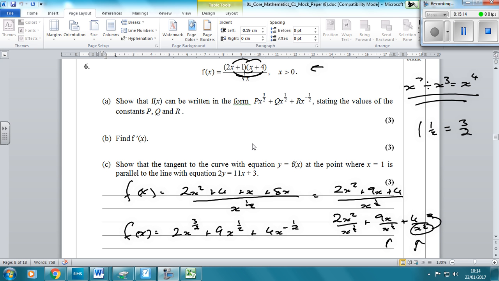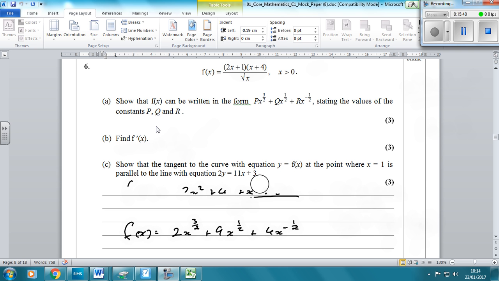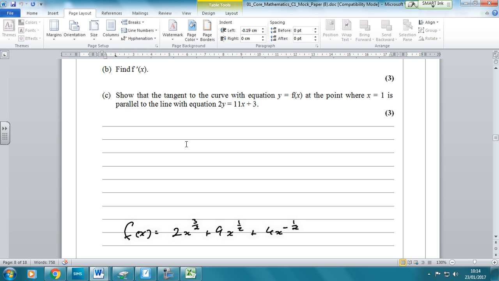The next thing we've got to do is find f dashed of x. Now what this means, this is where we differentiate it. So just like dy by dx, they mean the same thing. So if this was written as y equals, they'll ask you to find dy by dx. If it's written as f of x, then you've got to find f dashed of x. It's just the shorthand way of writing that down. So if we've got our answer here, so f dashed of x,